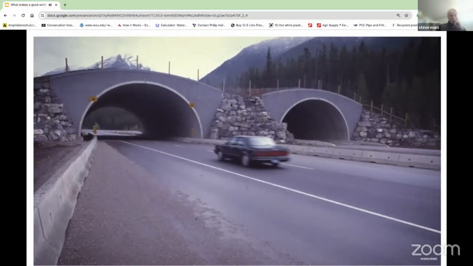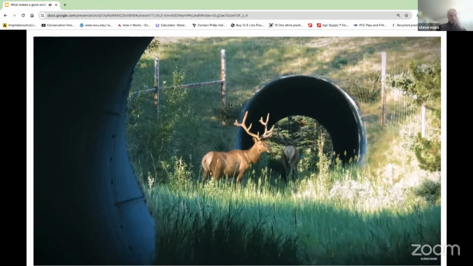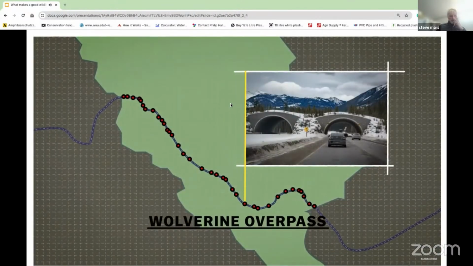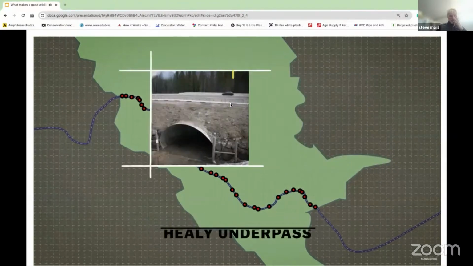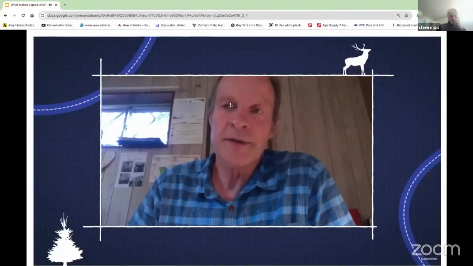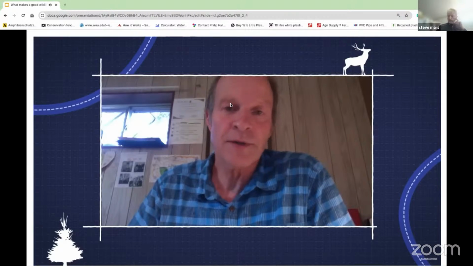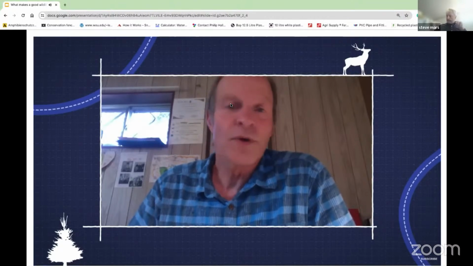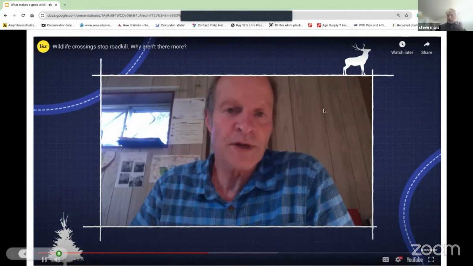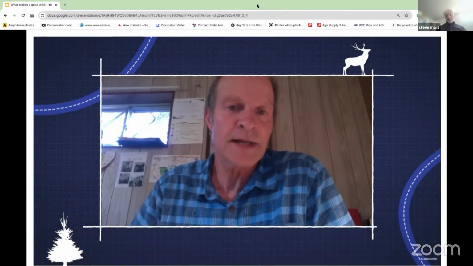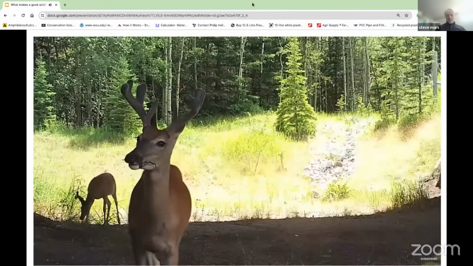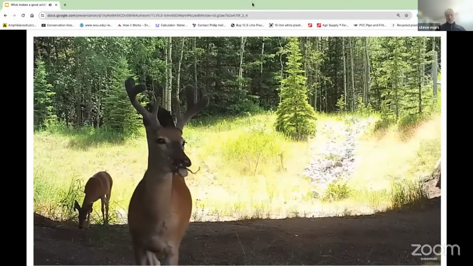Beginning in the 1980s, authorities began installing a system of underpasses and overpasses in Banff. The structures were designed for animal use only and were located where animals were likely to cross the road. The data speaks for itself. For example, here on the Trans-Canada Highway in Banff National Park, there were on average more than 100 elk vehicle collisions per year before the fencing and the wildlife crossing structures, and now it's down to less than a half dozen. So these are huge reductions by having these mitigation measures in place that are improving motorist safety, they're saving